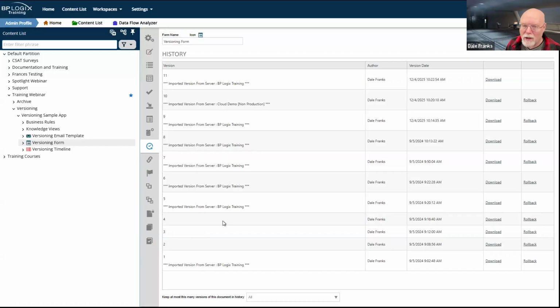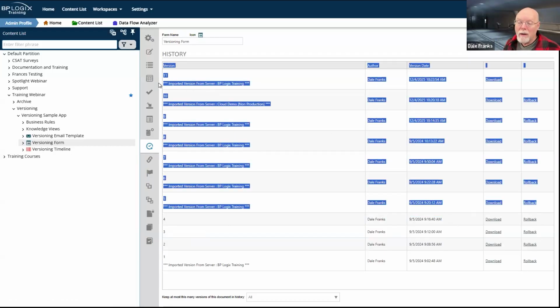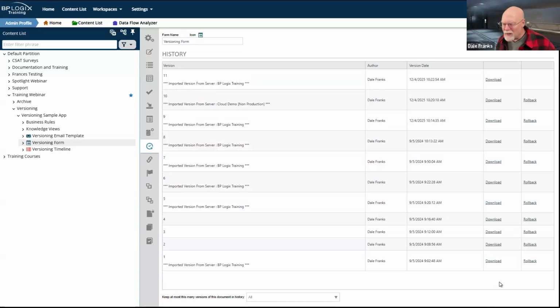It's not going to track the changes at that level, but at least I have a timestamp so I know when that change was made so that I can go ahead and roll back to that version, which would delete everything up here because I'm rolling back to this version. I can also download a version. How useful that is at the object level, I don't know, but you can download.